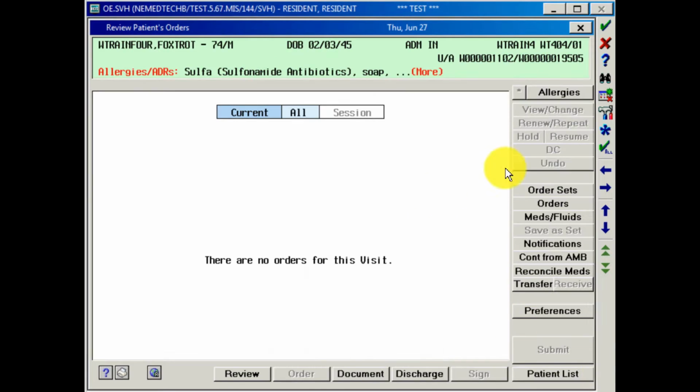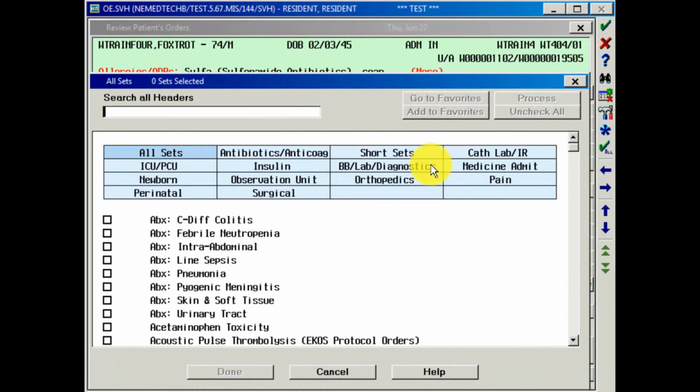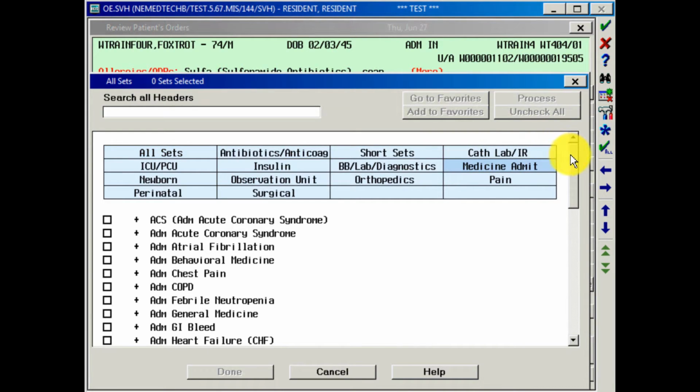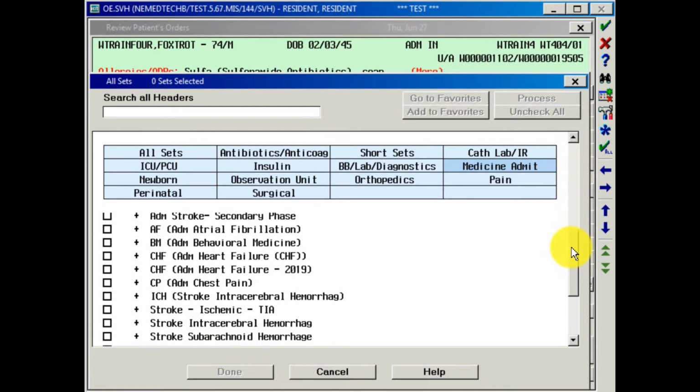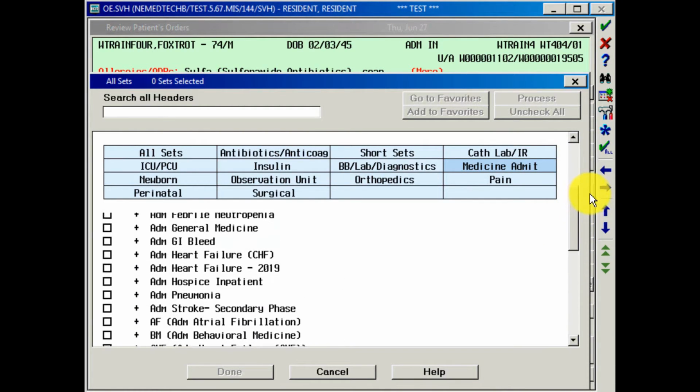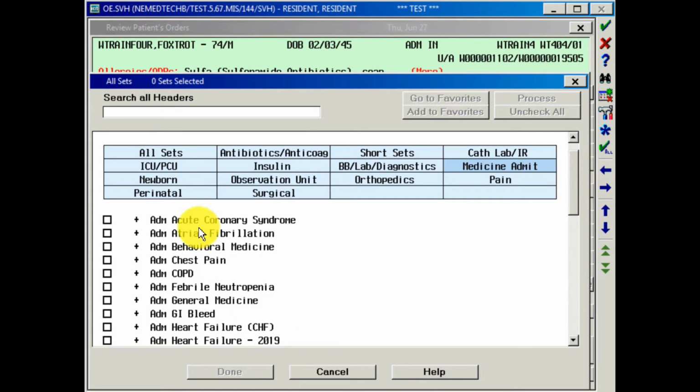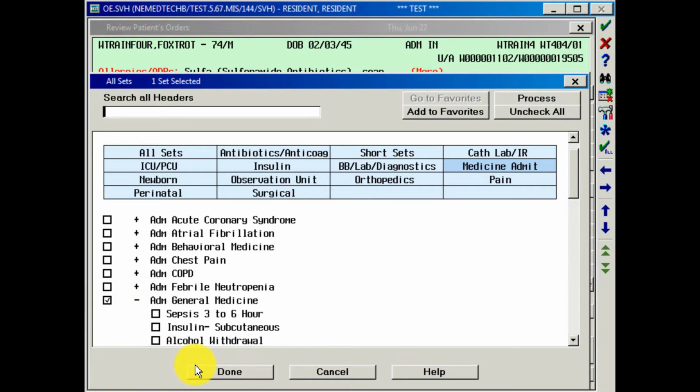Let's hit Return. Here we are going to order sets. This will bring up the general medicine order sets. Let's go to Medicine Admission, and it will give us a choice of different diagnoses that are common for medicine admissions, such as stroke, heart failure, GI bleed, chest pain. This patient is a 74-year-old male with past medical history of diabetes, hypertension, who is coming in with acute diverticulitis. So for this patient, we will go under General Medicine Admission. Click that, hit Done,